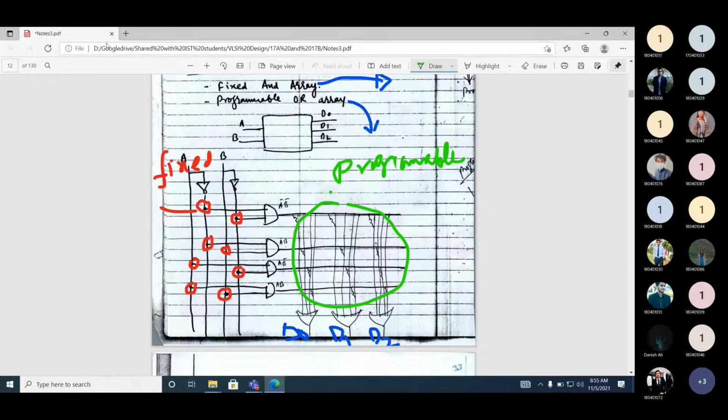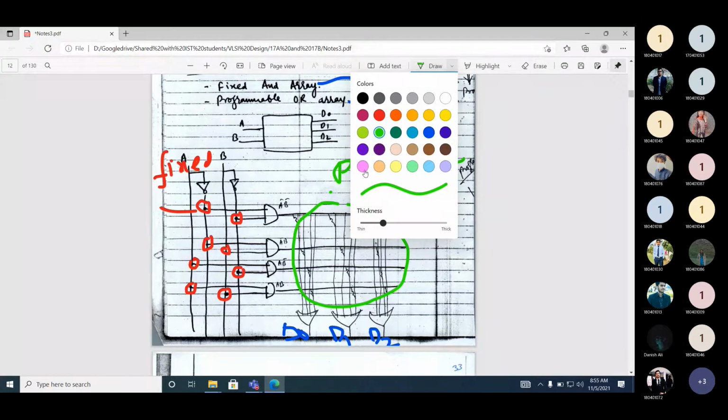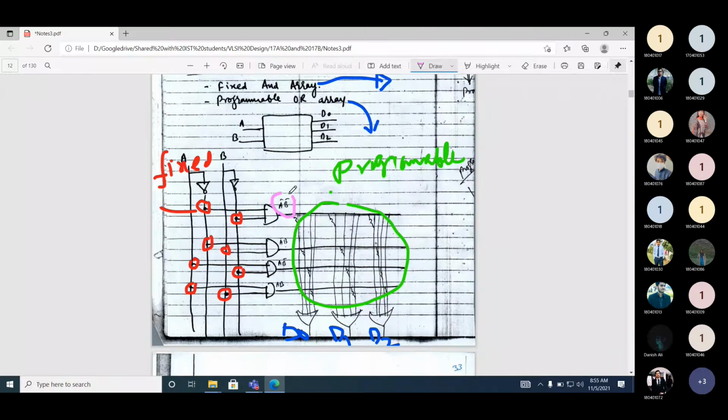If you look at here, A bar B bar, 0 0; A bar B, 0 1; A B bar, 1 0; and A B, 1 1. 4 possible combinations are there, and these are fixed.